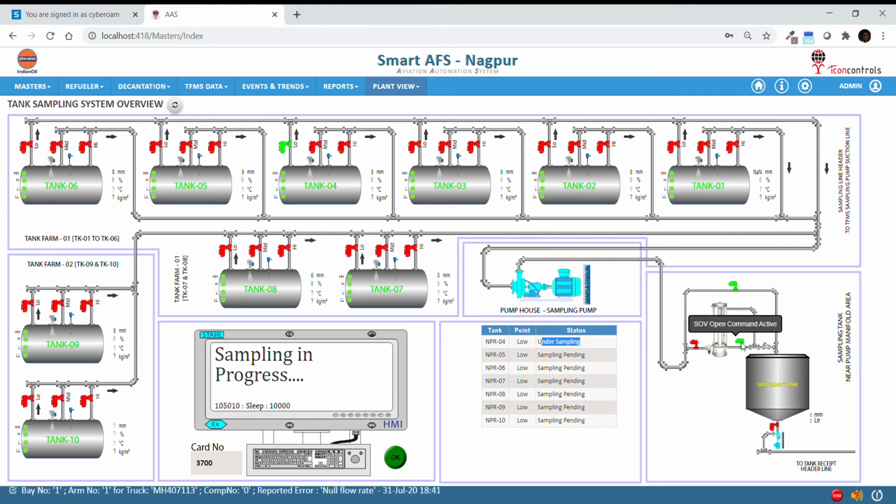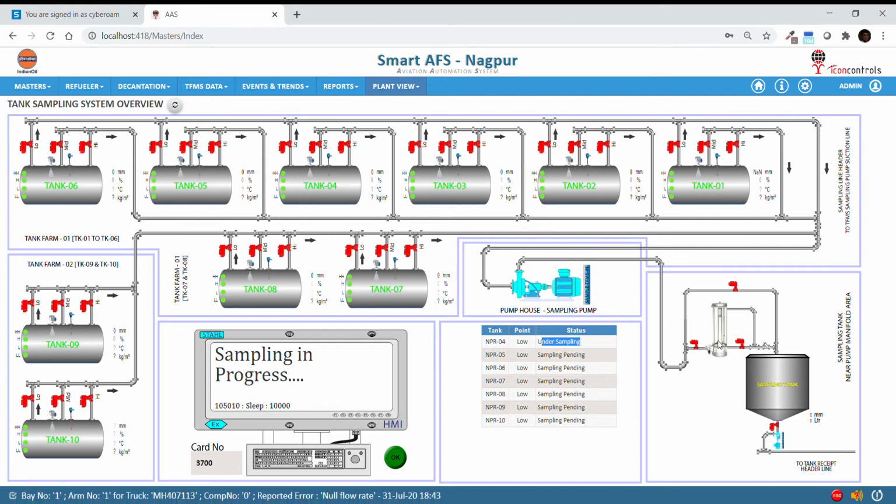We see that the outlet valve opens to drain the glass jar contents, and then the bypass valve will open. We see that the tank 4's low point is active, and the line is getting flushed till we get the new material, new product. And after that, this inlet SOV opens so that the product gets filled into this glass jar. And after this is filled, this SOV will close, and the pump has stopped and the other valves have closed,